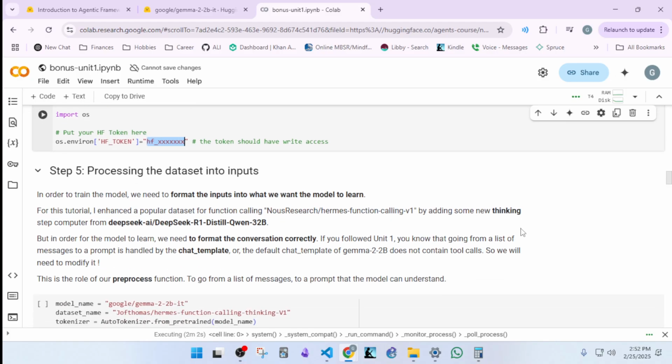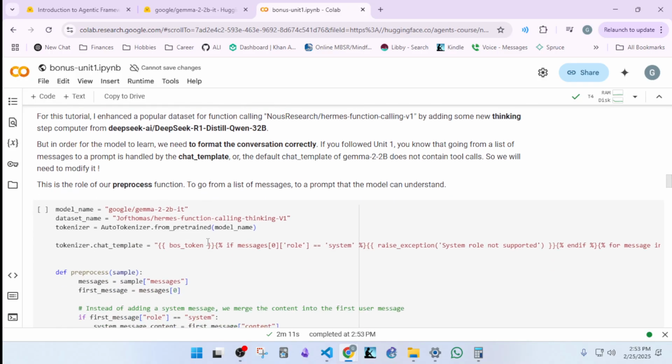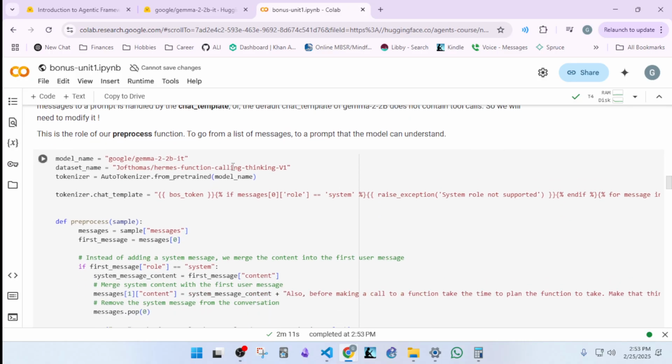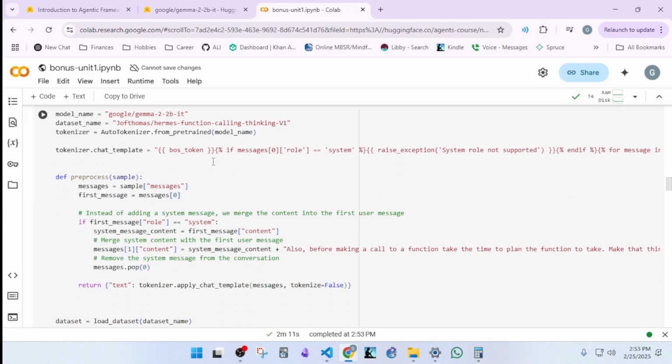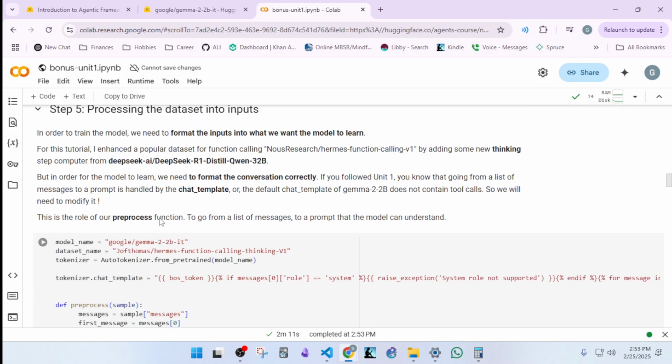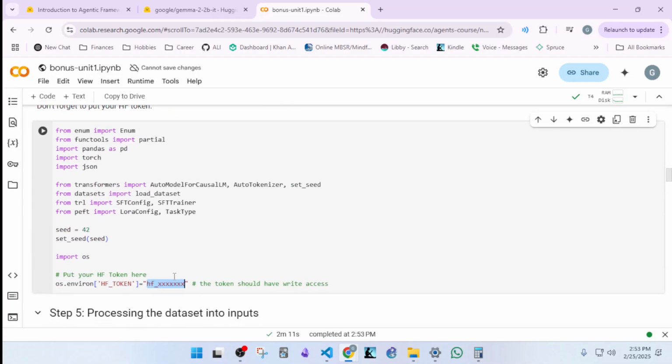If you followed Unit 1, you know that going from a list of messages to a prompt is handled by the chat template. The default chat template of Gemma-2-2b does not contain tool calls, so we will need to modify it. This is the role of our preprocess function, to go from a list of messages to a prompt that the model can understand. So this I could probably run, but I have to go through this step of putting in